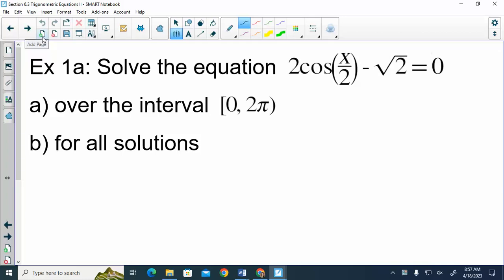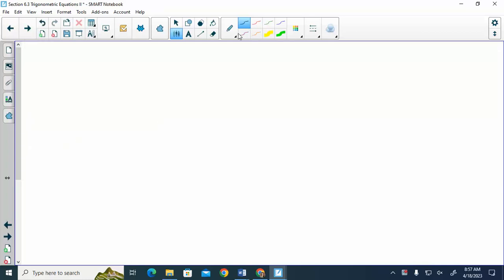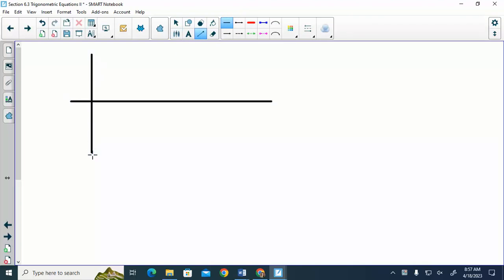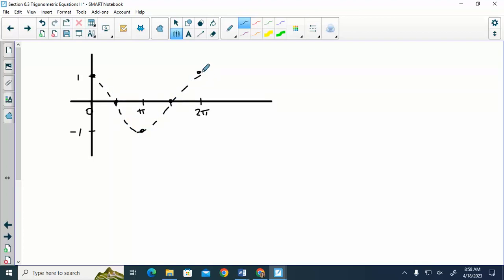If I'm talking about cosine of x over 2, remember in chapter 4 we did all the graphing of those trig functions, and we know that normally, and you don't have to write this down, a normal cosine graph has a high point of 1, low point of -1, so remember cosine started up high and came down. And so this is what cosine looks like. Okay, we remember that? When I talk about cosine of x over 2,